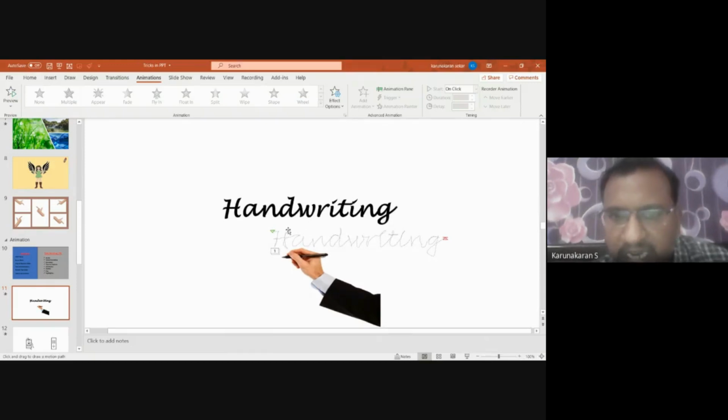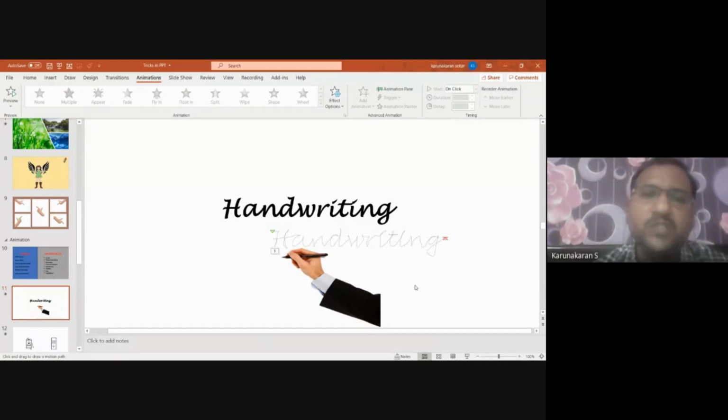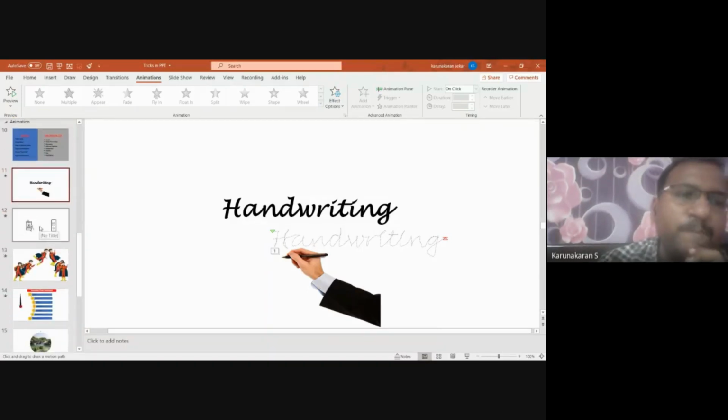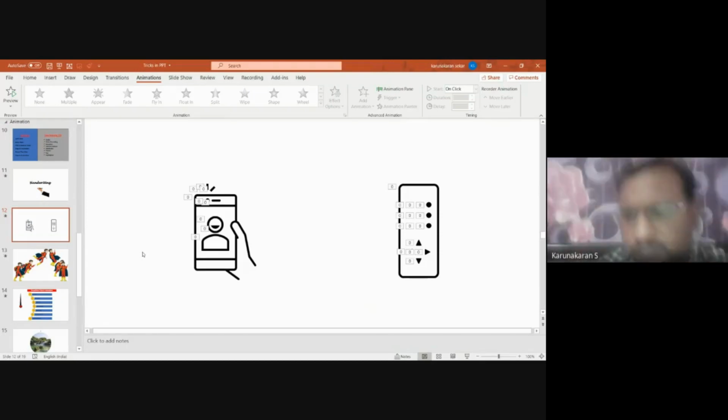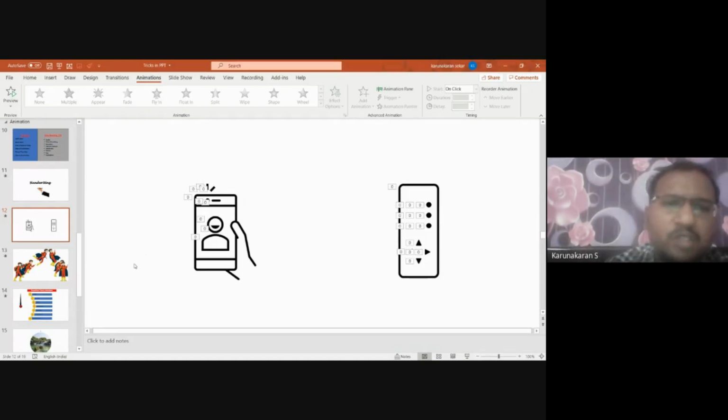So the lighter image which shows is the handwriting which I have created, which was placed on this. After placing it, if I draw the custom path, based on that custom path, my hand will move. This is the image which was showing as if it was writing the text. Similarly, you might have seen the Kuti Story, Vijay's song from Master, where they have made the images using whiteboard animation. You can make those whiteboard animations also using this.